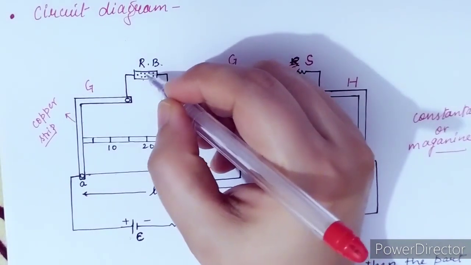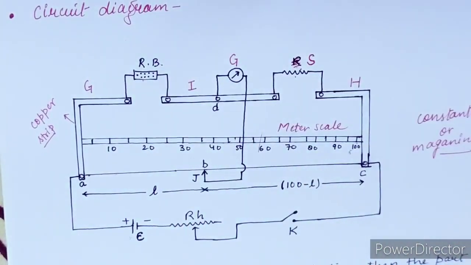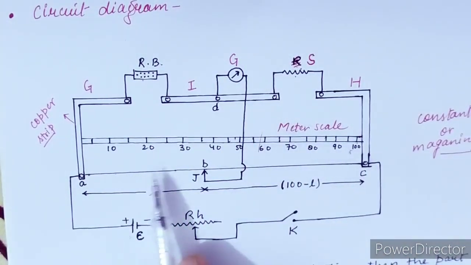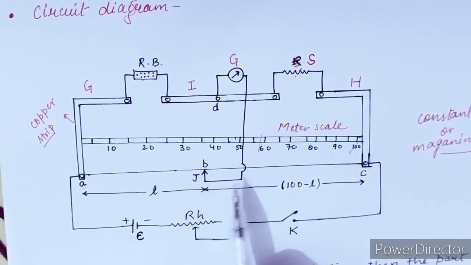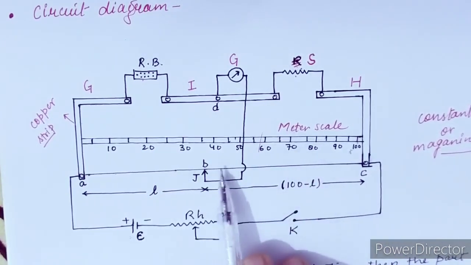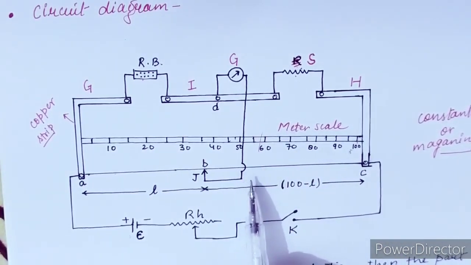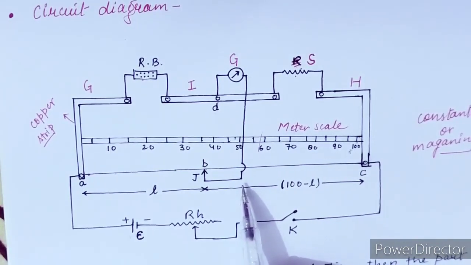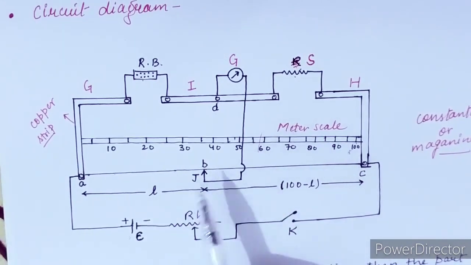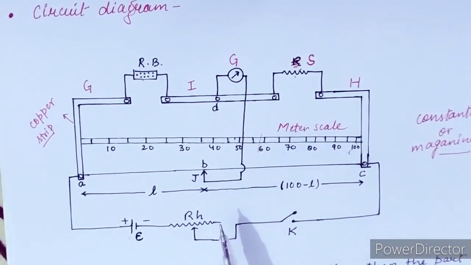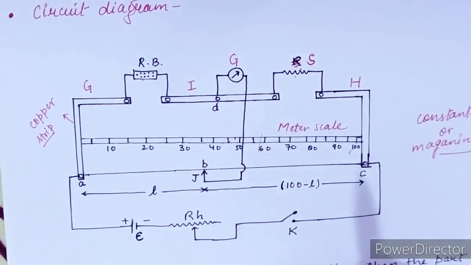Now again choose any of the resistance from the resistance box. Again slide the jockey, put the jockey on this wire. Then you will get another deflection balance condition, and that will be your second reading when you are doing the experiment. The same process you have to repeat again and again. At least 5 readings you have to calculate. This is all about the practical experiment.